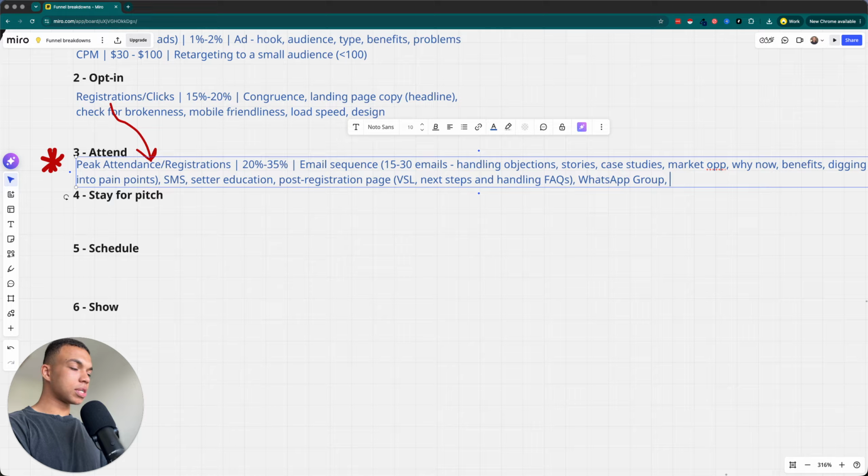So when people register, get everyone in a group together. It could be WhatsApp if you're in Europe. It could be Telegram if you've got people maybe in the trading space, something like that. It could just be like an Instagram broadcast group. It could be a